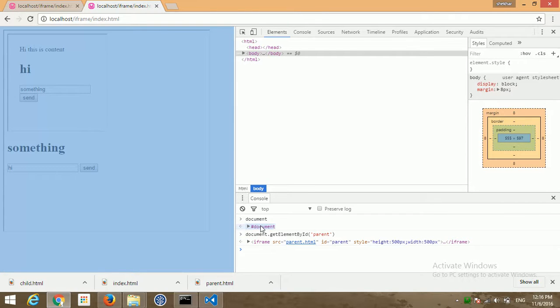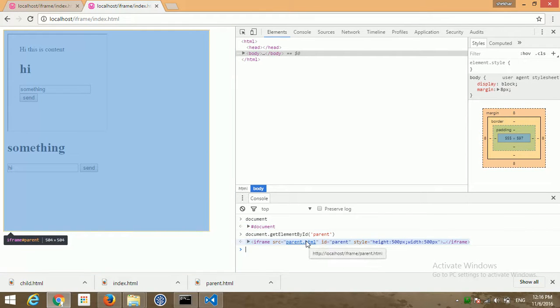See, I am getting the parent.html. This is the parent iframe with id parent. So now when I am hovering over this, see, the document is changed.